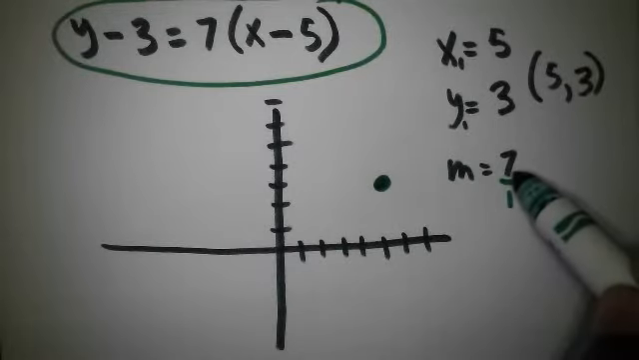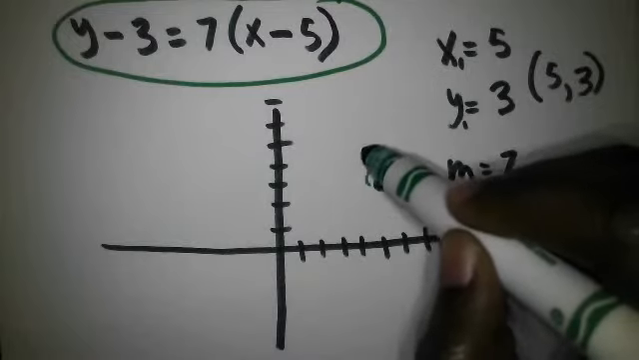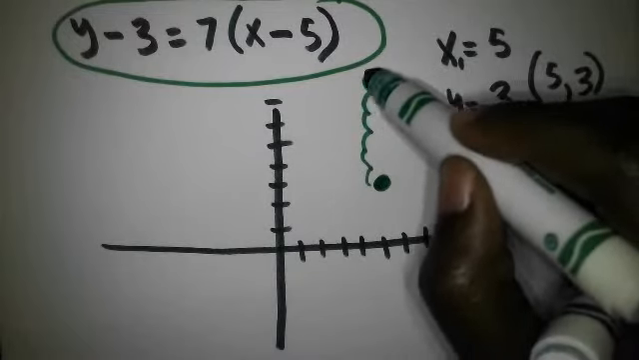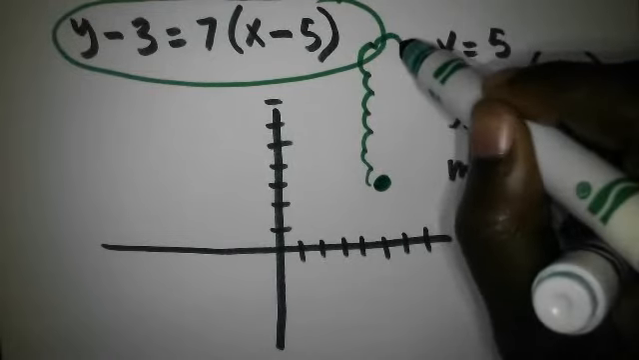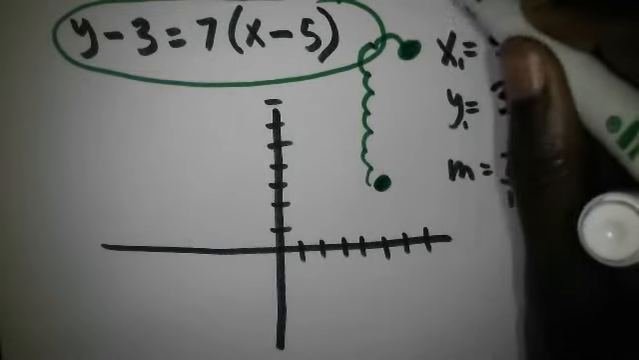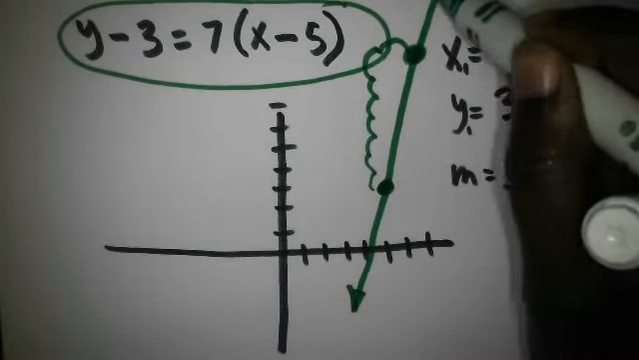Now we're going to do a slope with a rise of 7. So 1, 2, 3, 4, 5, 6, 7. So we went up 7 units and go over 1 unit. And so our line should look like this, more or less. I hope this